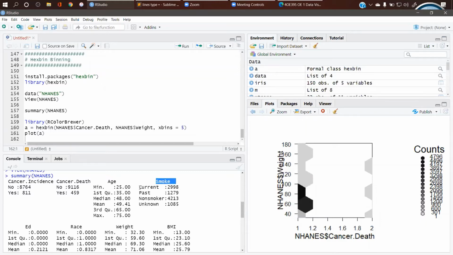So you have 4 factor levels, you can see here: current, past, non-smoker, and unknown, right? So making it a summary will describe the entire structure of the data set, and depending on that data type you can choose how your graph can look, right? Yesterday we saw the iris data set also, right? So it had 3 different categories. So those are factors, right?